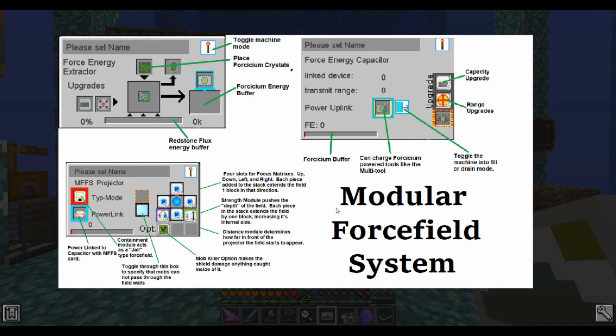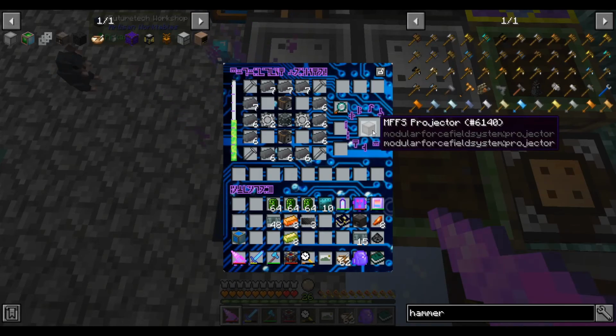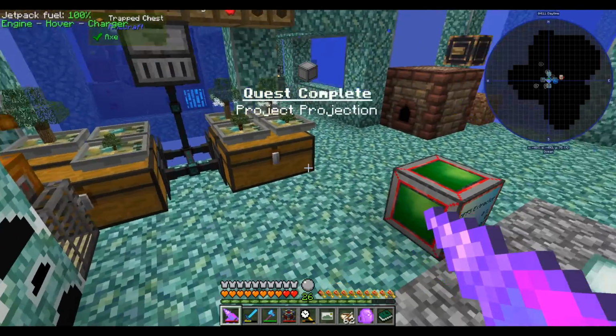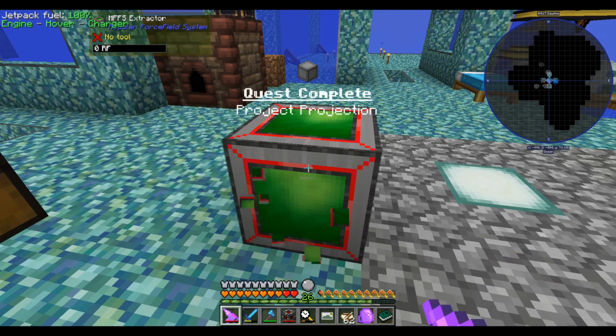Cool. So I guess I'll follow the quest. I'm sure it'll walk me into the next part. Yeah, it walks me into both the capacitor and the projector. So with all these components, I think we are now ready to set up our entire modular force field system. For now, I'm just going to...